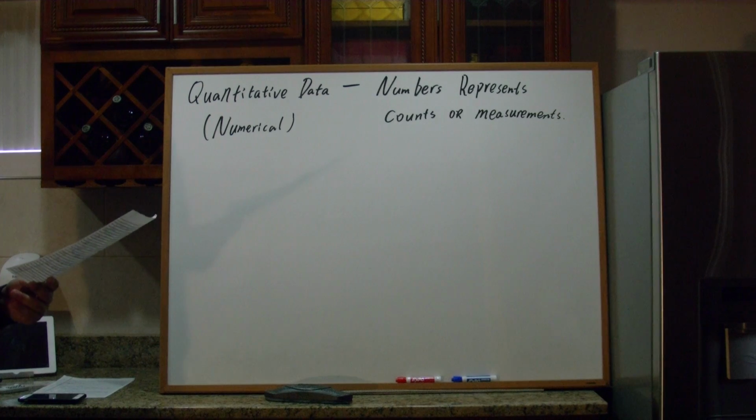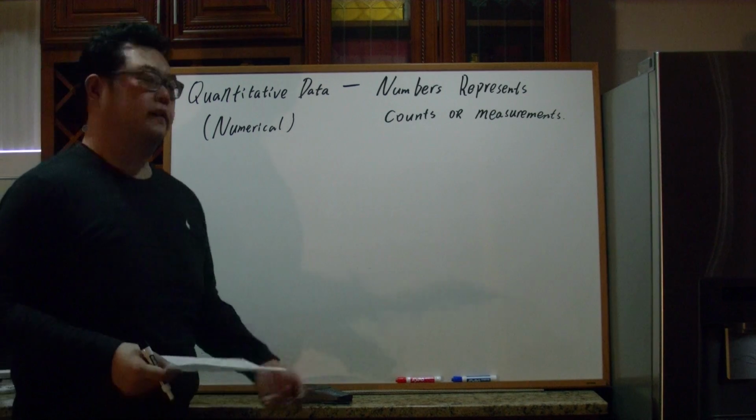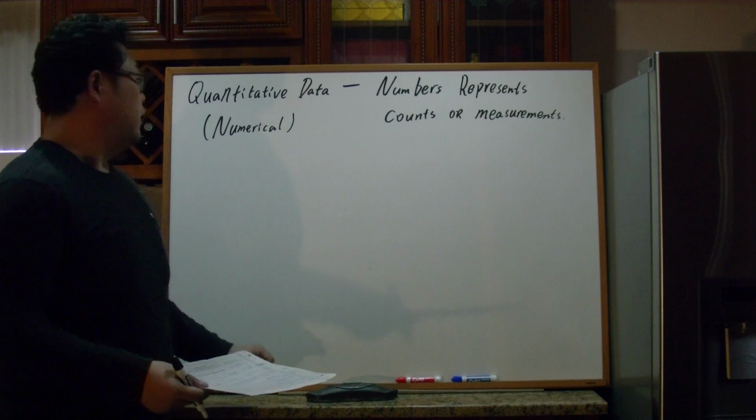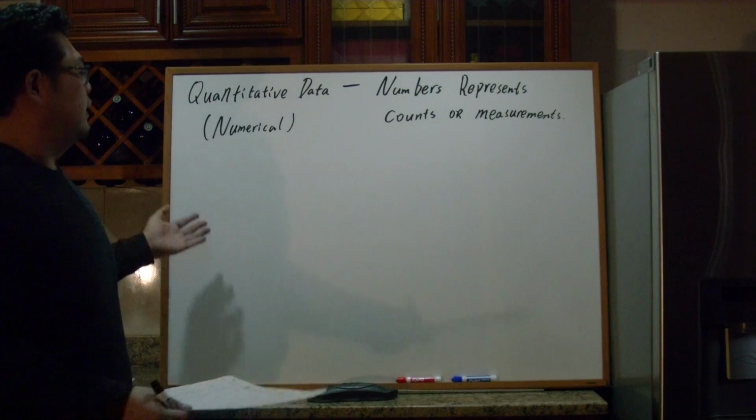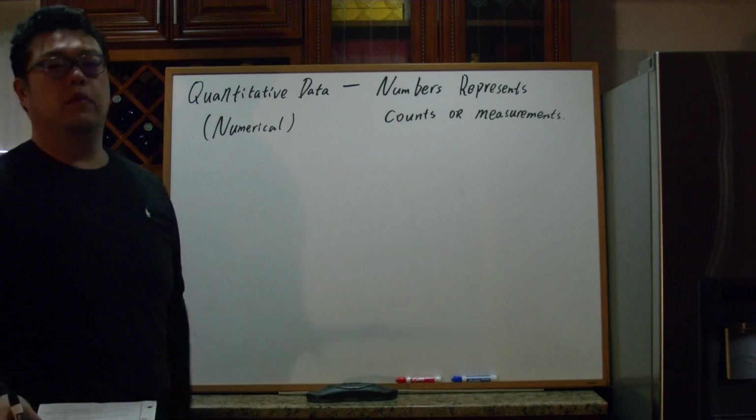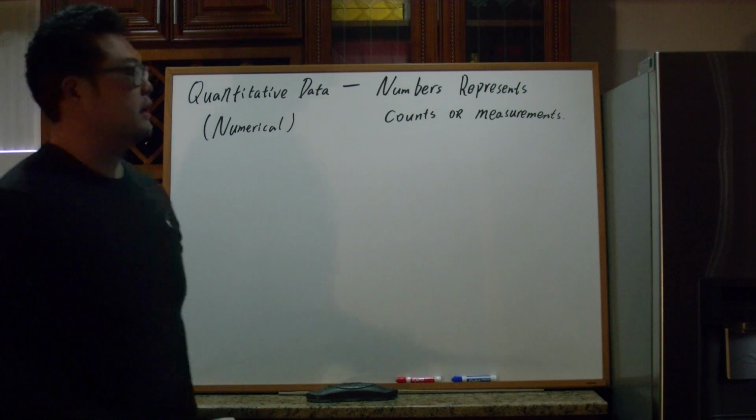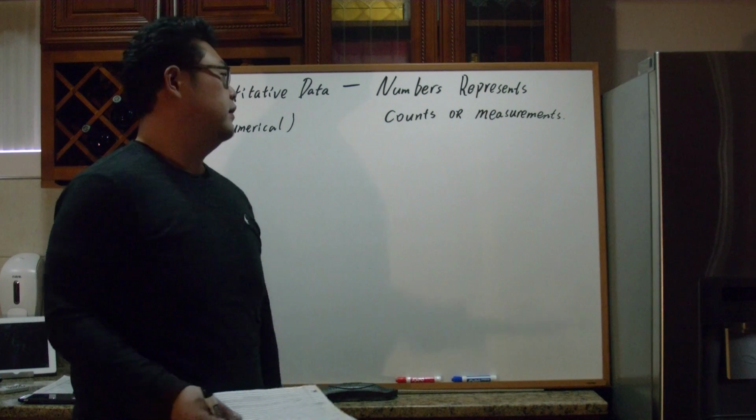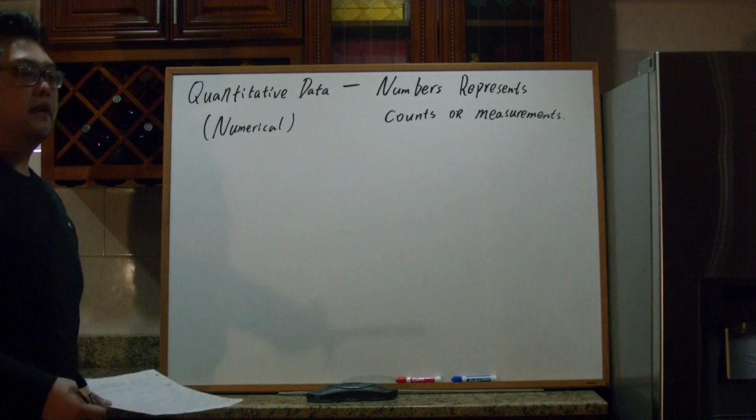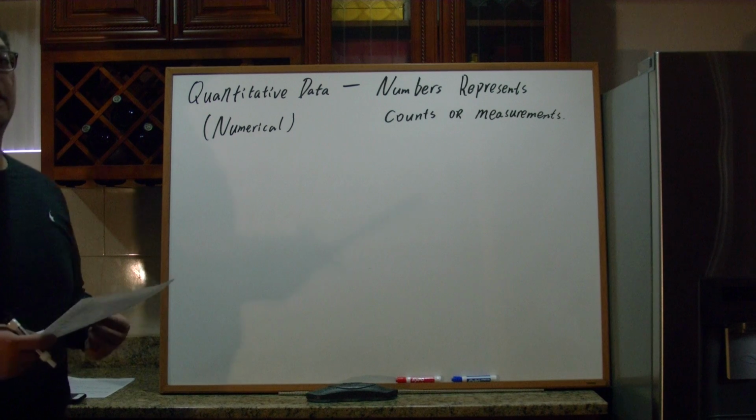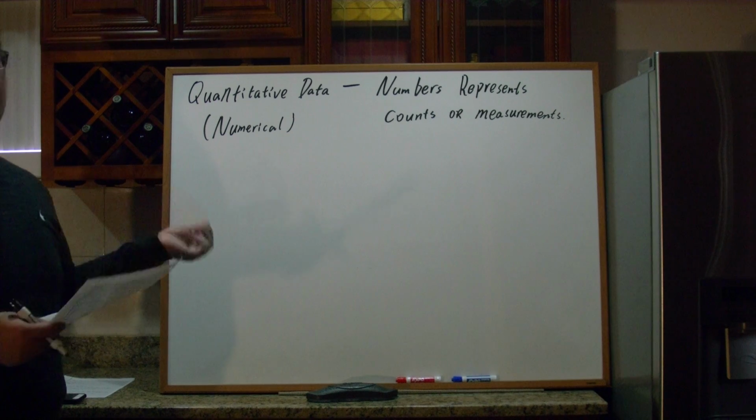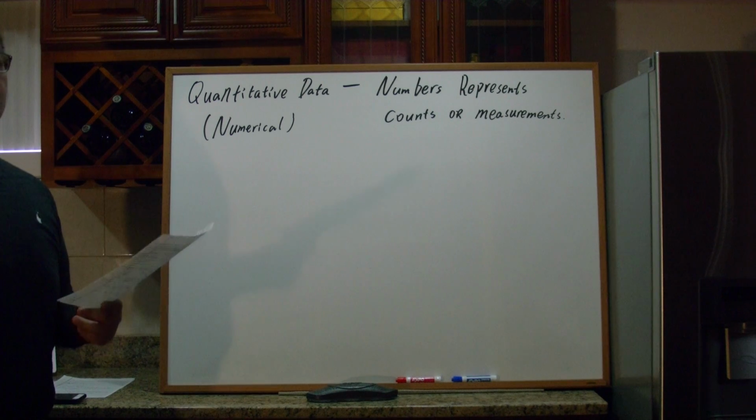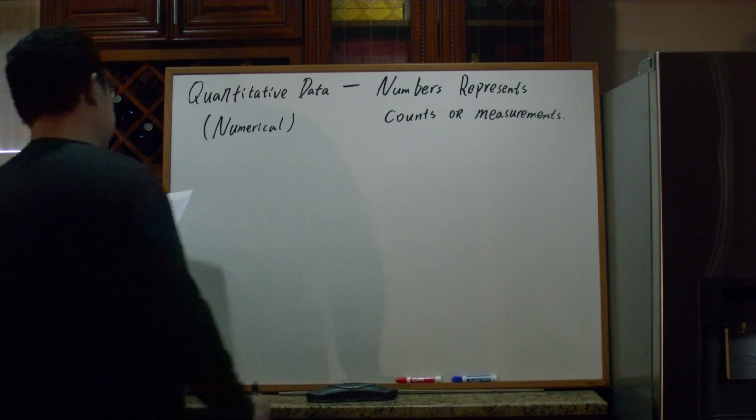Like the amount of markers I have, or the weight of my eraser, or the area my board takes up, or the volume my fridge over here can hold. Those numbers are representing either counts or measurements. Those numbers are the data collected as quantitative data, in other words, numerical data. Another type